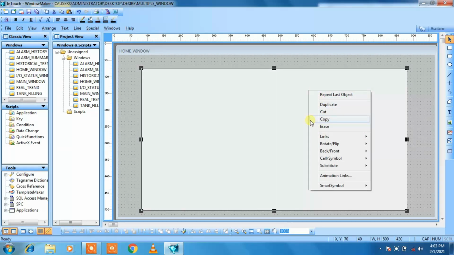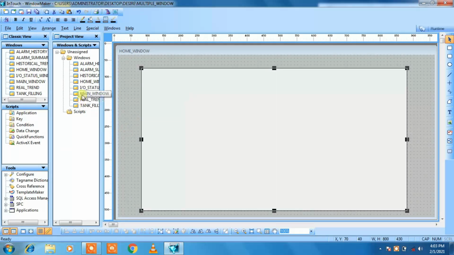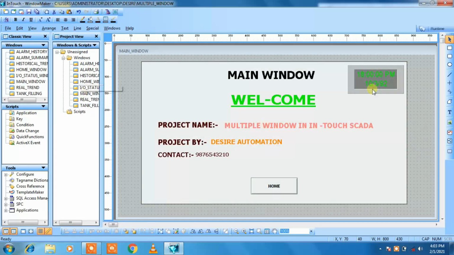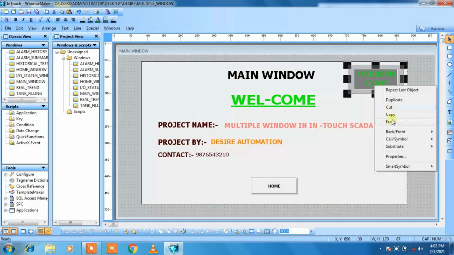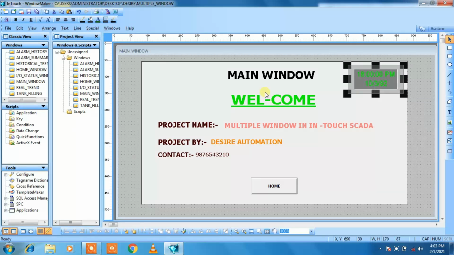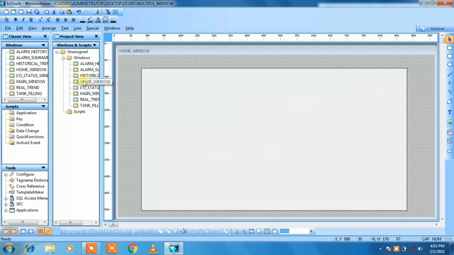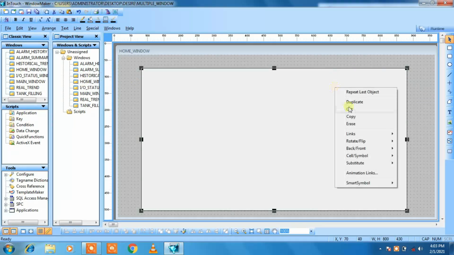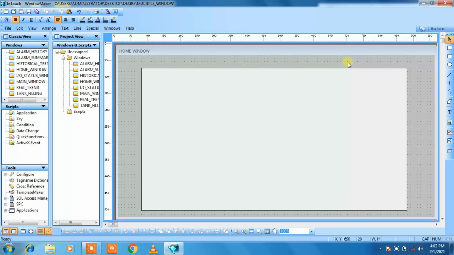Okay, it is not copied, so I need to go to the main window once again, click on it, then copy it, go to the home window, then paste it. Click on screen, then paste it. Then again click on screen, you will get the clock. So here is our clock now.